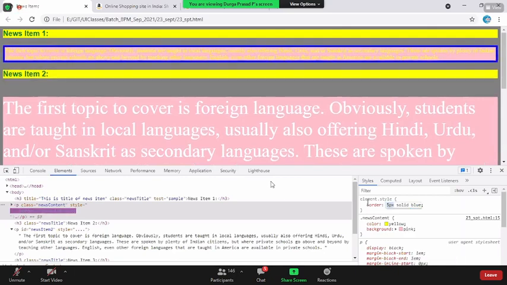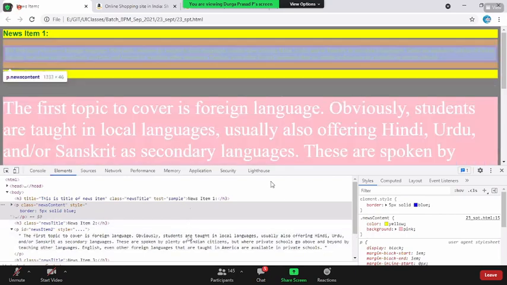Yes. See this? Yes, sir. So it is not only editing the existing properties, it is not only deleting the existing properties, but we can even add new properties using the debugging tool. And one more thing, is it only the CSS properties? No, boss, even HTML can be modified.